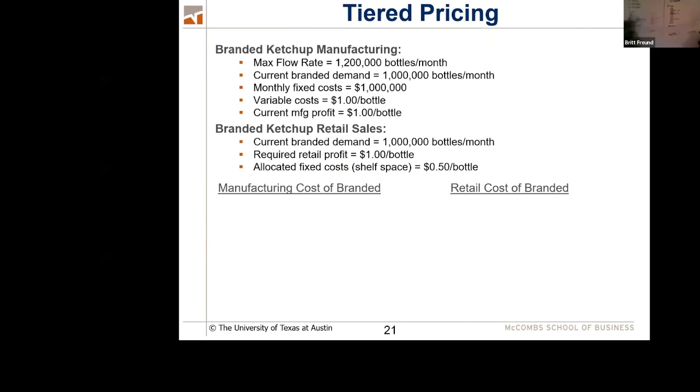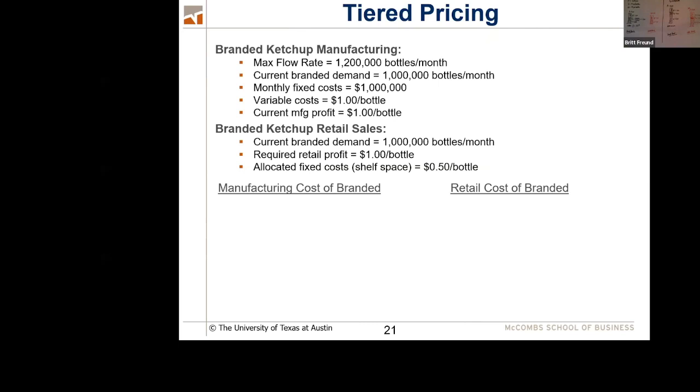All right, first of all, you have to understand the old variable cost for a Hunt's brand was $3, but their variable cost now is only $2. Their allocated fixed cost, well, they still have the same shelf space, so HEB still has allocated fixed cost of 50 cents. And HEB would still like to make $1 profit on this as well. So here's HEB's dollar profit. And if you look at this, the price of this one is $3.50.